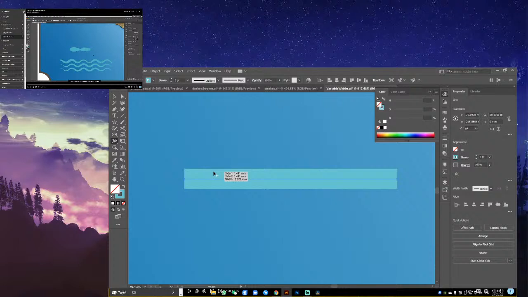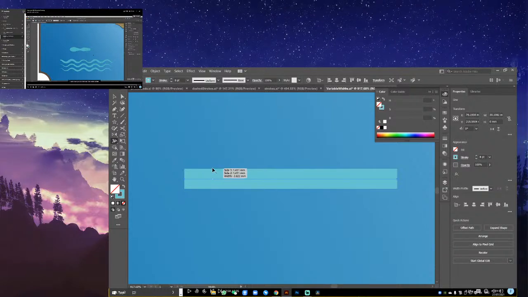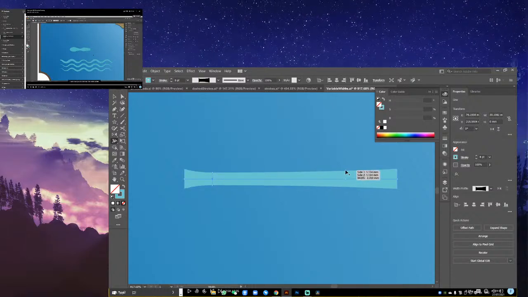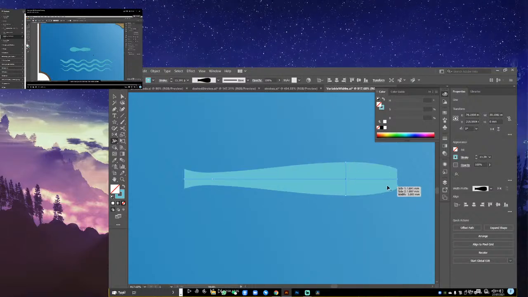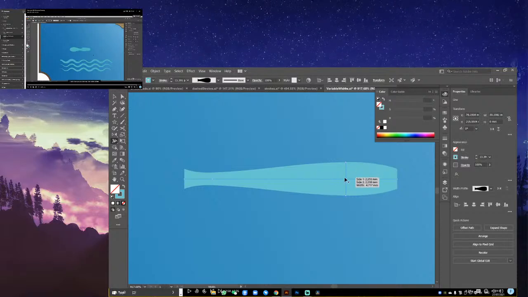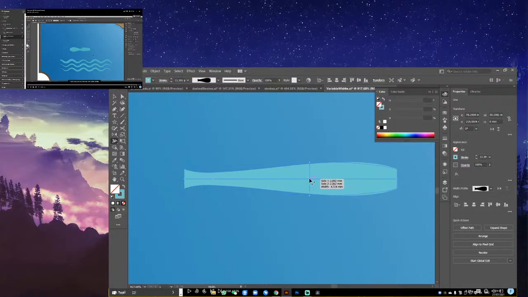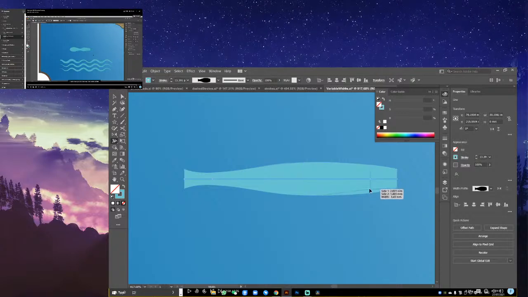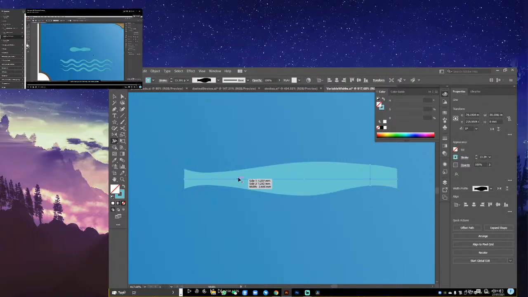So width profile is the only one that you can add. Yeah, because it's called width profile. Duh. Okay, let's just increase this a little bit here to make it like a fish. So can I just drag this along? Yeah, I believe I can. Interesting. So let me just quickly do this on one side